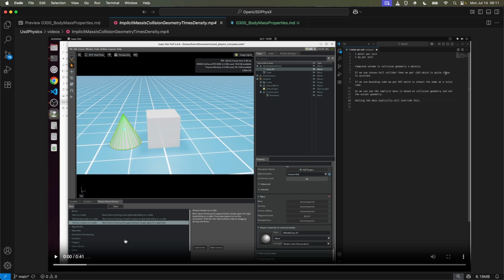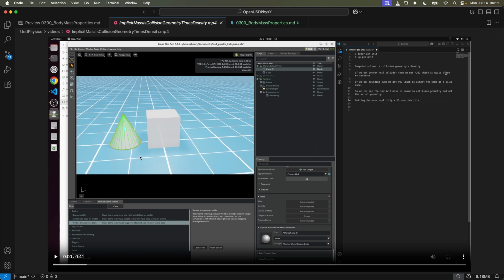Before I push play, I'm just going to explain what is happening here. We've got a mesh cone on the left, and we've got our cube on the right. And our cone has a collision mesh added to it. But there are various different ways that that collision shape and mesh can be calculated. They are what are called approximations. So you can see here, before I push play, what type of approximation we are using. In this case, we're using a convex hull, which creates a shape very close to what the cone looks like. But we can also create a bounding cube and various other different approximations, which will create a different shape